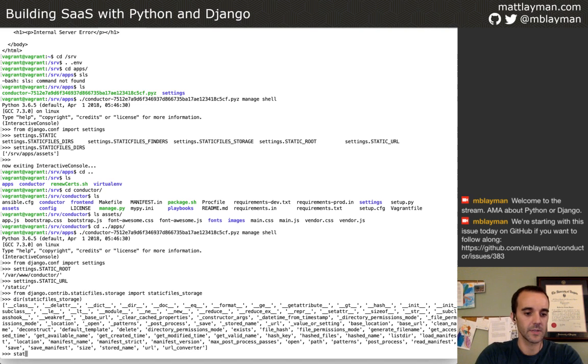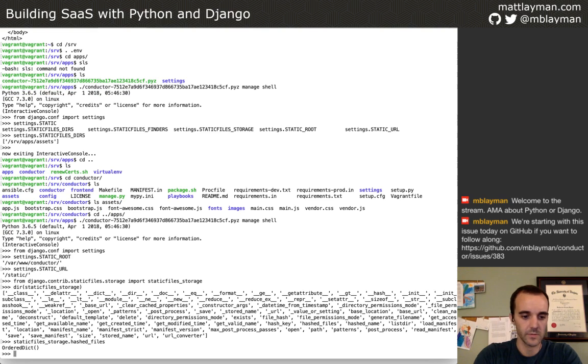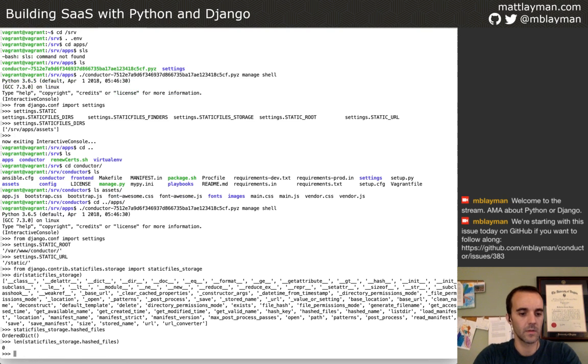Let's try this. Let's see what it's actually loading. Hashed files. Okay, it's an ordered dict, but is it an ordered dict with nothing in it? It is. Look at that. So the question is, because